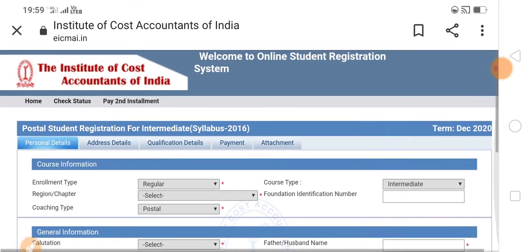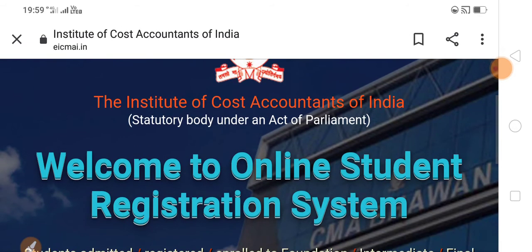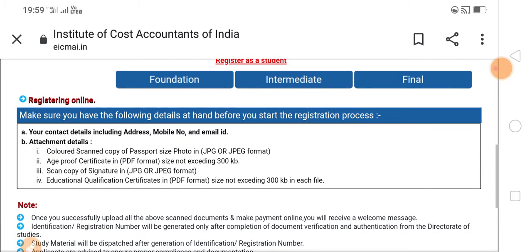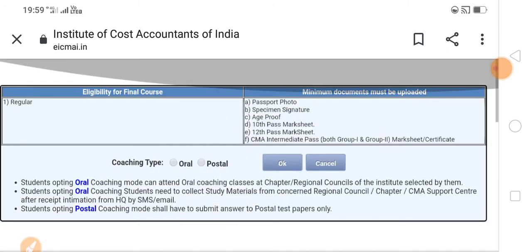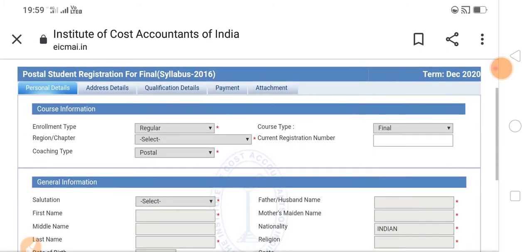Here the course type is mentioned. Back home, after completing the intermediate, select oral or postal again, depending on whether you have regular courses. Here it is the current registration number.